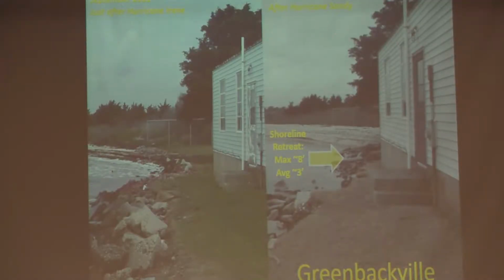Well, long story short, in 2012, we have this property, we being that field station, in Greenbackville, Maryland. And after Hurricane Sandy in 2012, we lost between 1 and 8 feet of shoreline overnight. And you can actually see the difference in 1 year close to a building that we have on site. We also lost a lot of the natural oyster beds that were there.